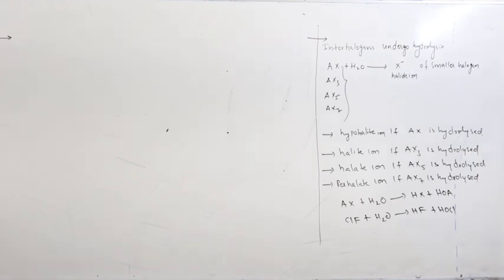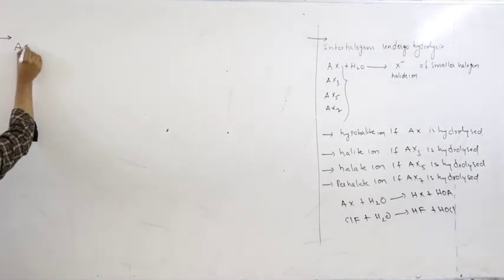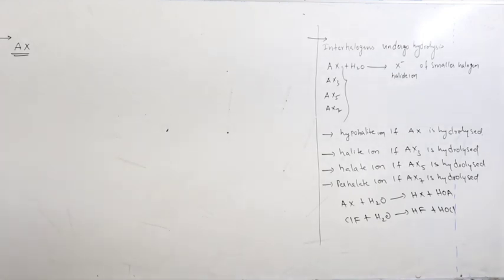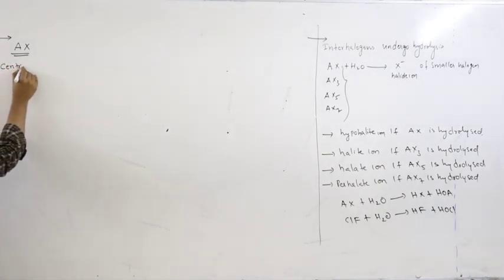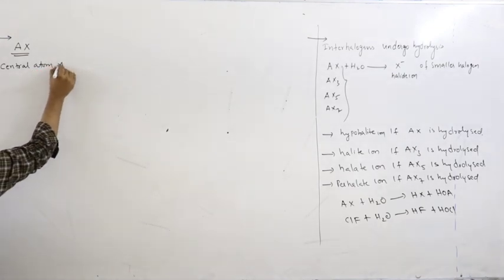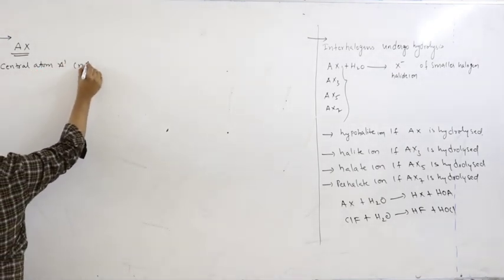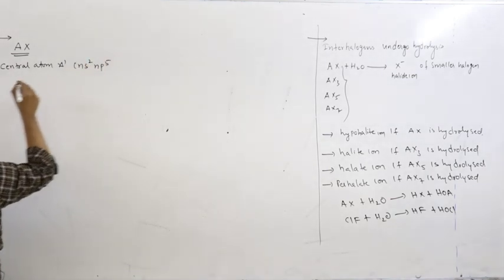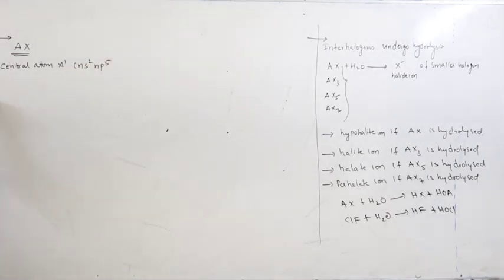So let us study the hybridization, structures, etc. First AX. The central atom is A. So hybridization, electronic configuration ns2 np5 in ground state. Anyway, A cannot be fluorine. Fluorine cannot be the central atom. So A will be either chlorine, bromine or iodine. In chlorine, bromine, iodine there are empty d orbitals. So in ground state,